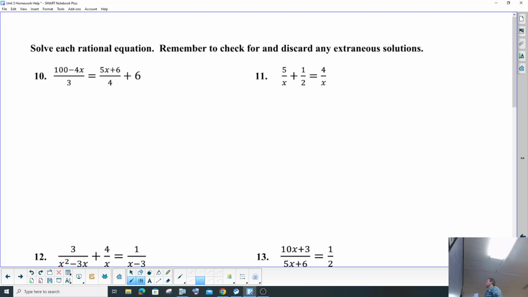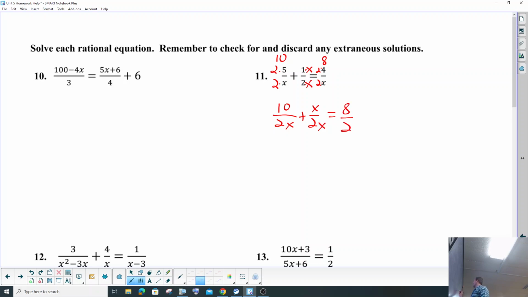Okay, here we go. So number 11, try it on your own first. You know what's going on, you learned it in class. So try number 11, here we go. So we need a common denominator, right? All three terms need a common denominator. So what is the 2 missing that the other two have? An x. So we're going to multiply it to the bottom and to the top. Good. What's the x missing? The x is missing a 2 to the bottom and the top, so that's going to be an 8. And then this one is also missing a 2 to the bottom and the top, and that's going to be a 10. So now we have 10 over 2x, plus we have 1x over 2x